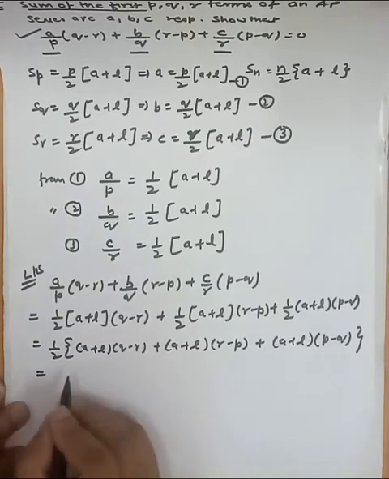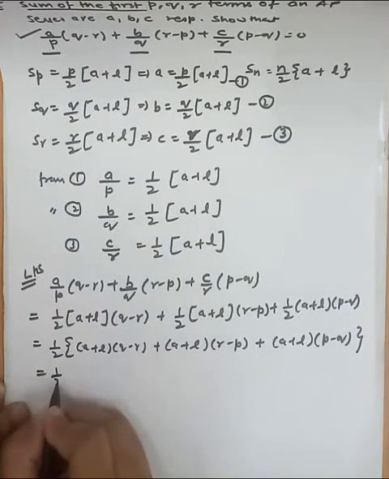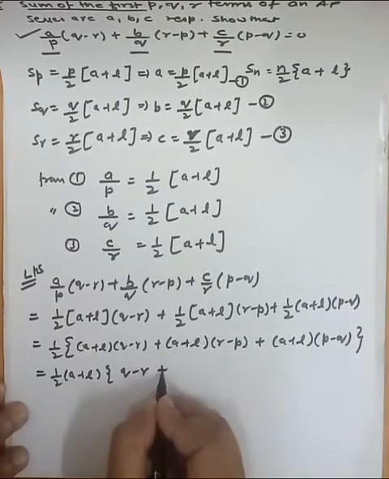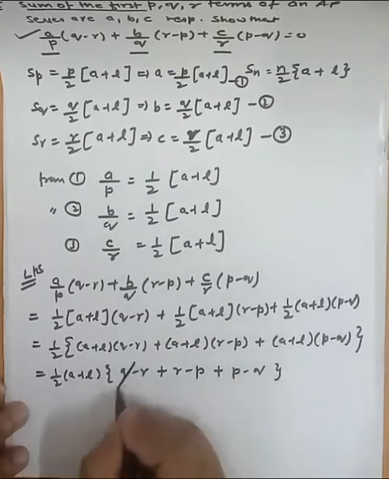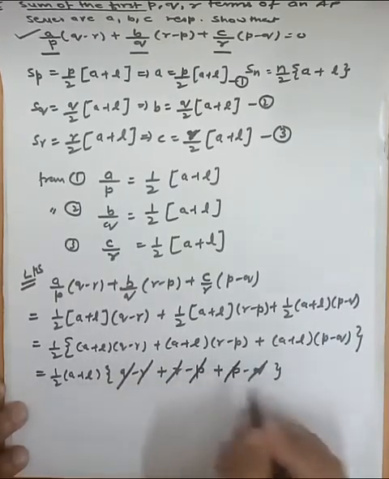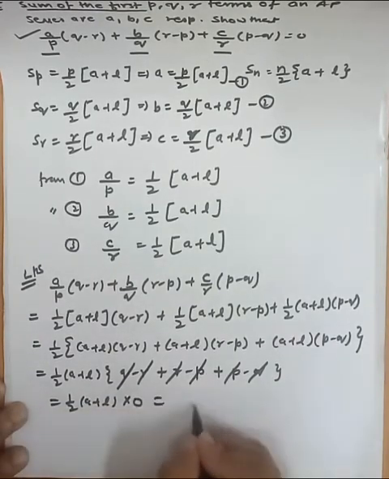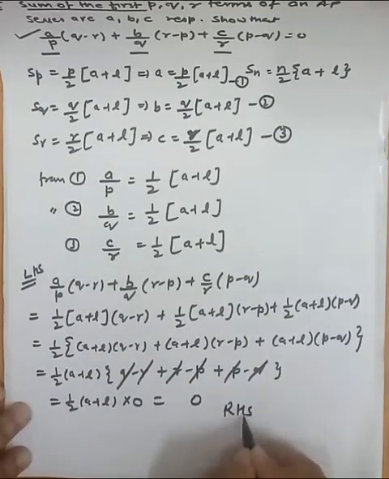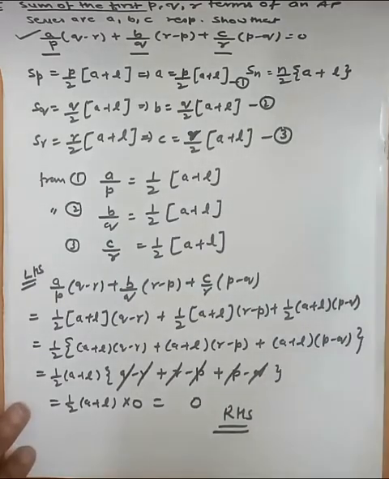Now take E plus L also outside, because E plus L is also there. So Q minus R plus R minus P plus P minus Q. So you see here Q minus R plus R minus P plus P, it means this one is 0. So we take the left hand side and we prove the right hand side. Okay. So now next question.